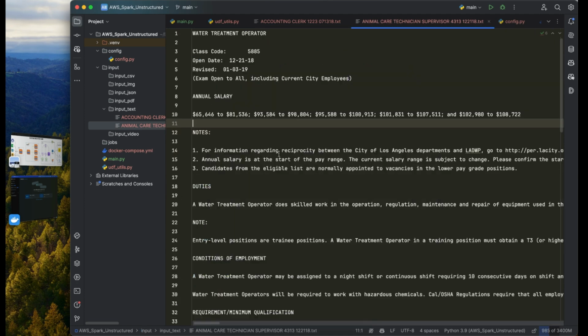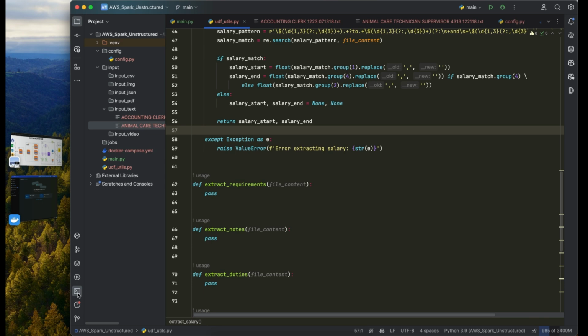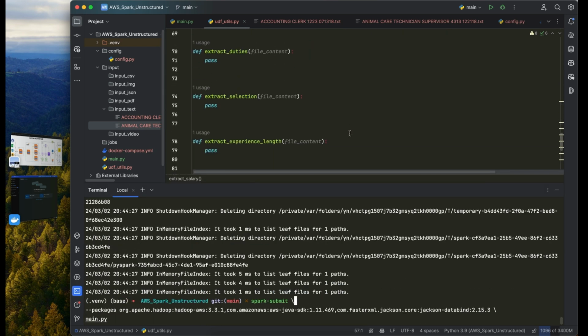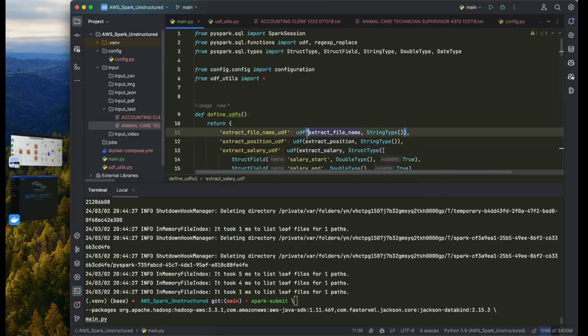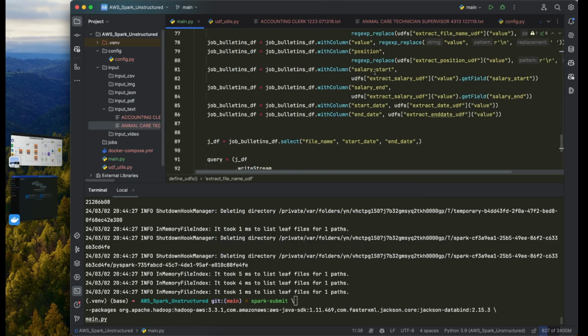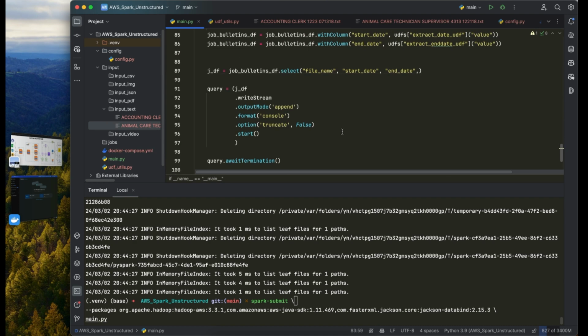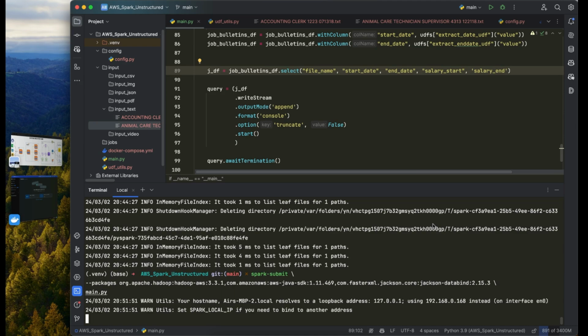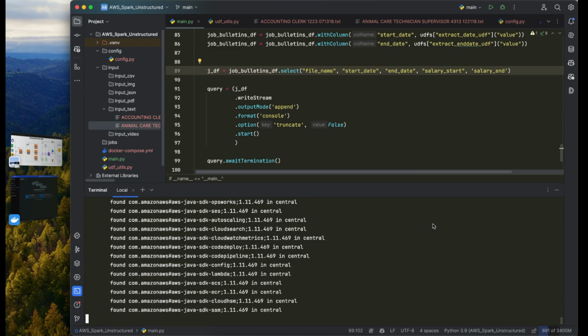I mean, if we run this now, we need to select this as well, because we've now enabled the salary start and salary end. So we just add salary start and salary end. Okay, so if we run this again quickly and see if everything is fine,